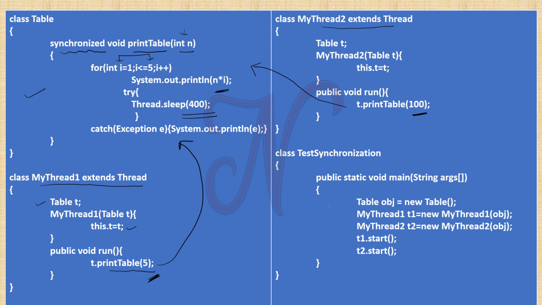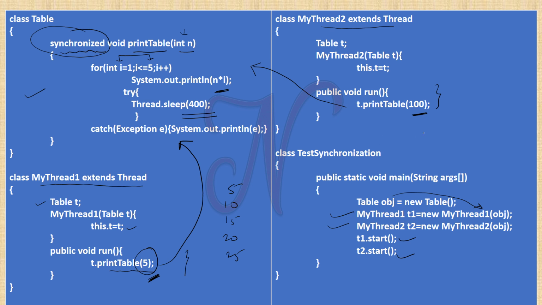So in the main method, we create the objects of two threads, pass here the object of Table and call the start function. Start function means we start the thread, so here both run functions are called, and the two threads are running simultaneously. So if you do not mention the synchronized keyword, then see here the output: if your number is 5, then 5, 10, 15, 20 and 25.